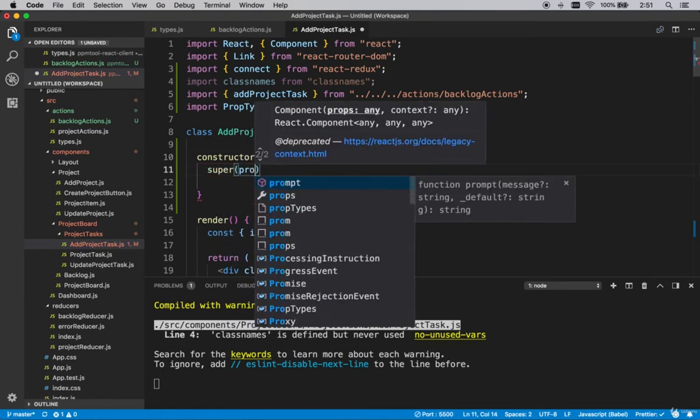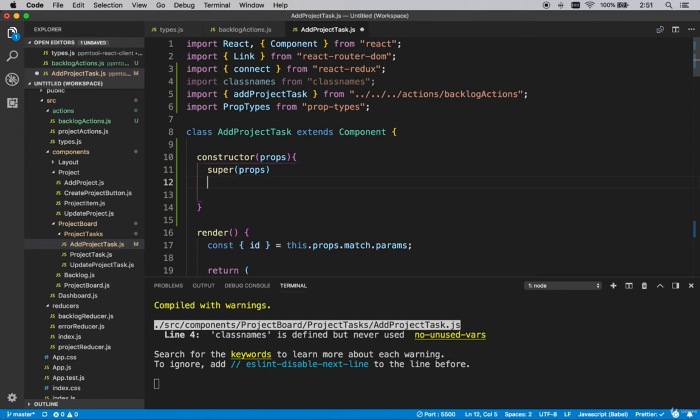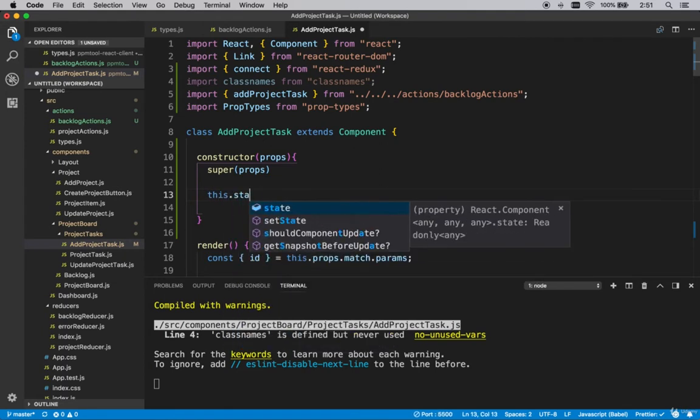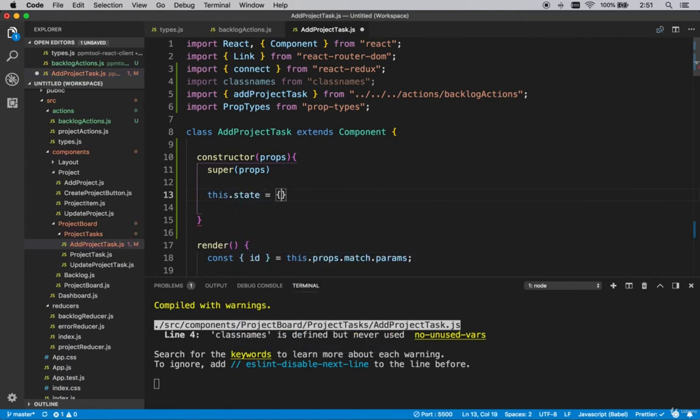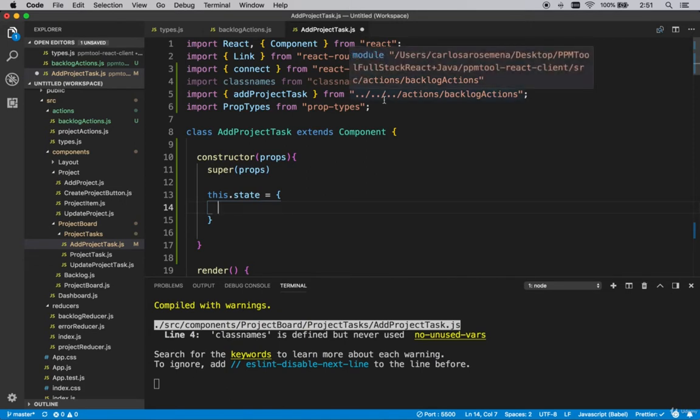Super props to here, okay? And then we're going to start wiring things up to make this a controlled component. this.state, okay? And then remember the cleanup that we did when we created the project form,